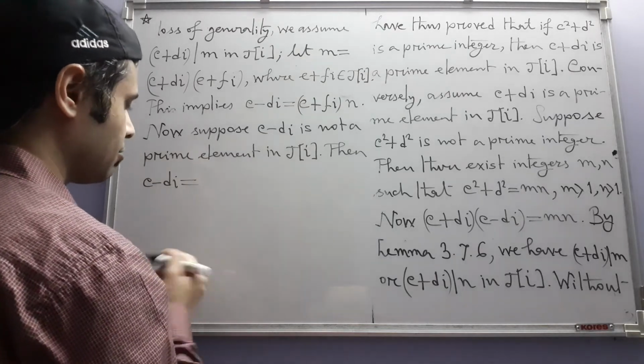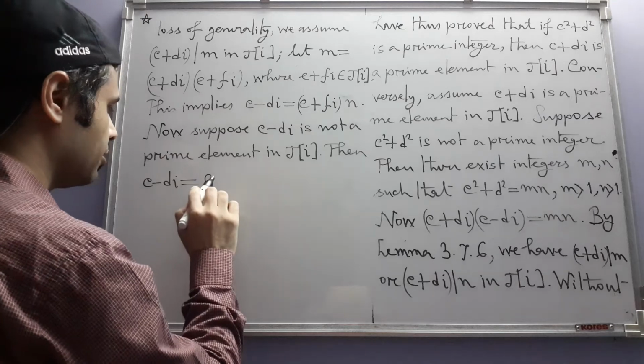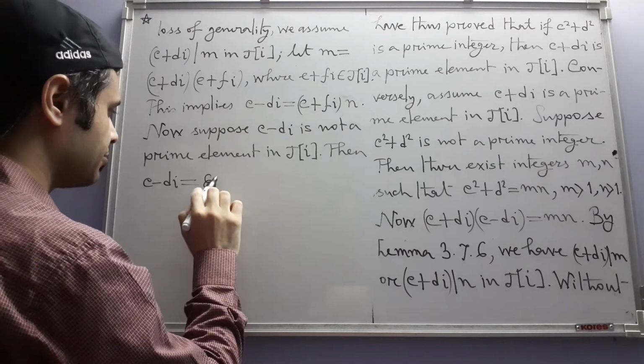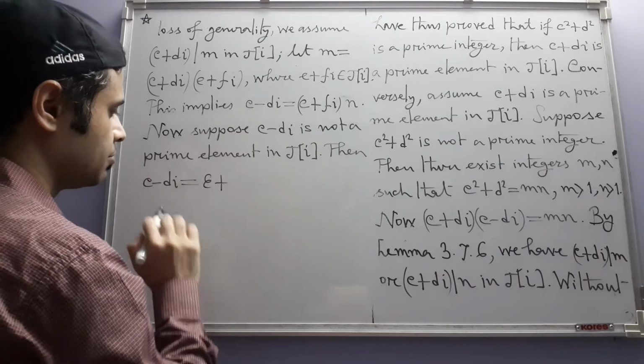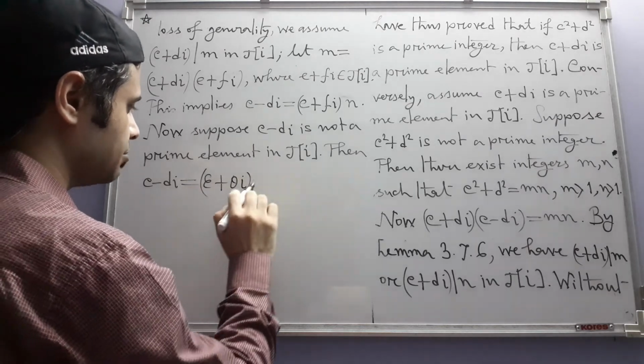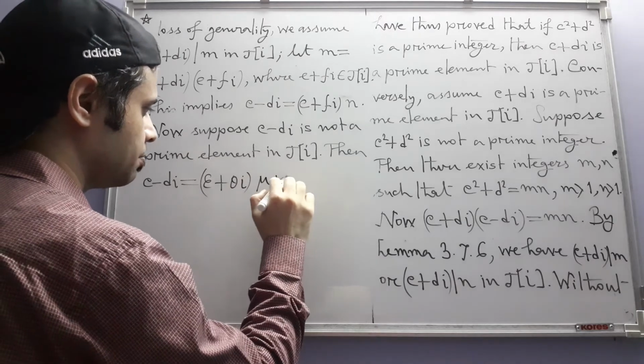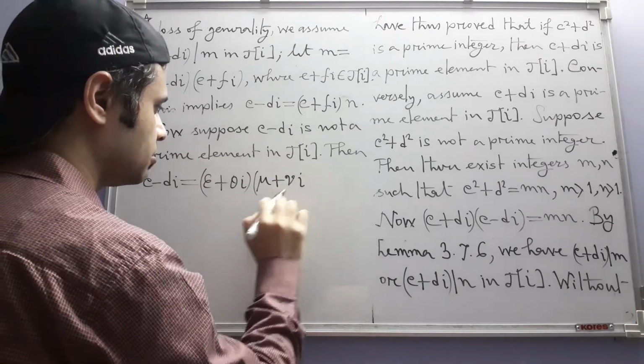So C minus di, what can we take? Alpha, beta, gamma, delta, say epsilon. Let's use the Greek alphabets, more of them. Epsilon plus theta I times mu plus nu I,